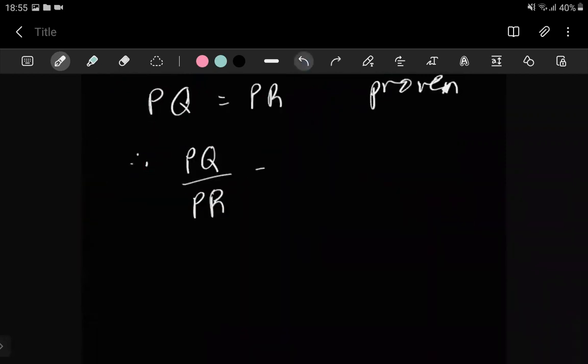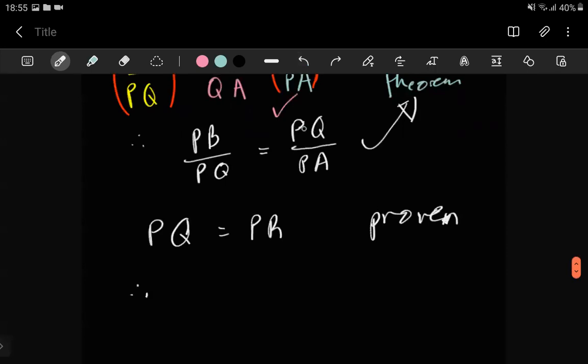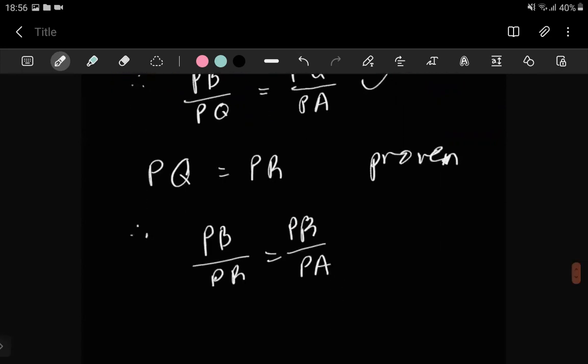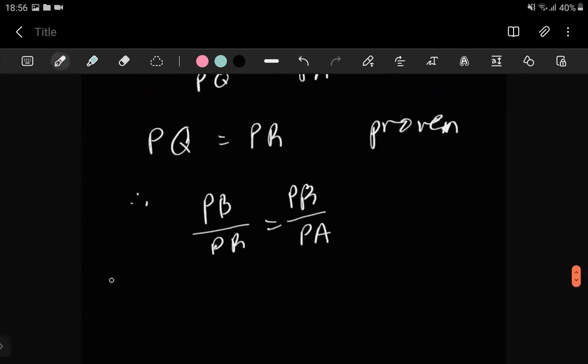What am I doing? I wrote the wrong thing. I wanted to replace this PQ and that PQ. So it's PB at the top. This is going to be PR. And then this is PR here. And this is like PA. So as long as we've done this, right, here we can say,